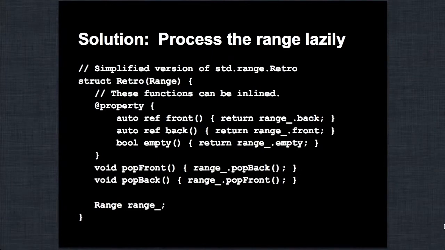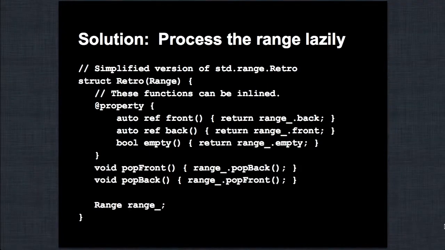This is a simplified version of standard.range.retro. What this does is it provides a reversed view of a range. So you have a range that you iterate through in one order. You pass it to retro. Retro makes it look like it has the same elements in the opposite order. So it has a front function that forwards to back. And of course, this is a nice simple function that can be easily inlined by the compiler to have zero